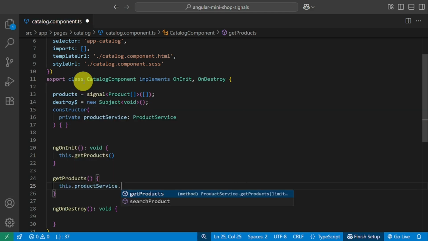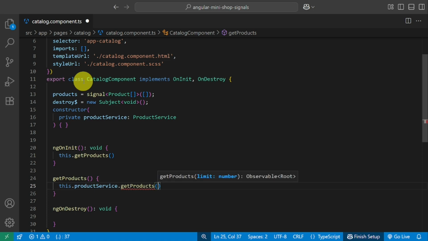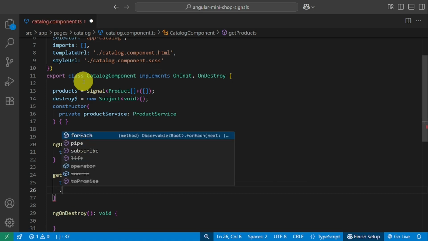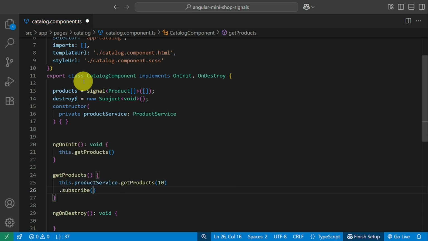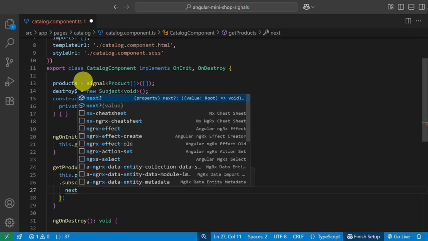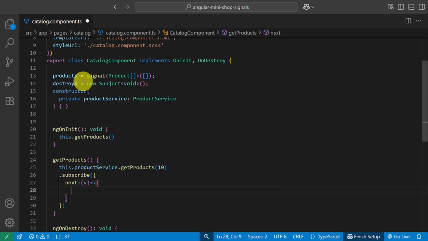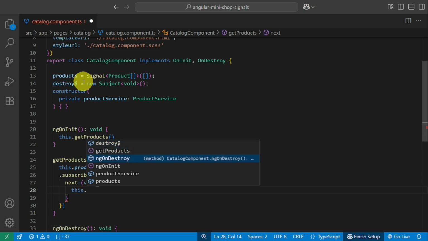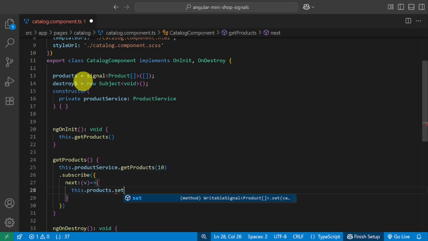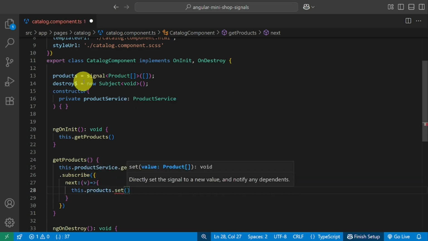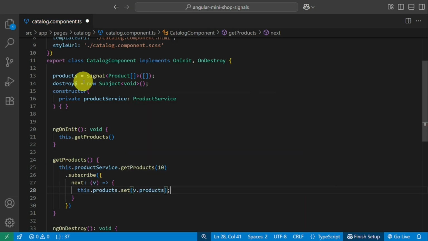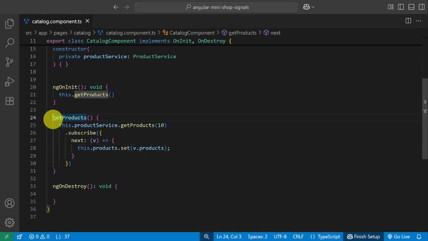It uses our product service, and once the data arrives after the subscribe method, yes, I use next, we use .set to push the product list into a signal, which will trigger UI updates automatically. Classic RxJS pattern, nice and clean.